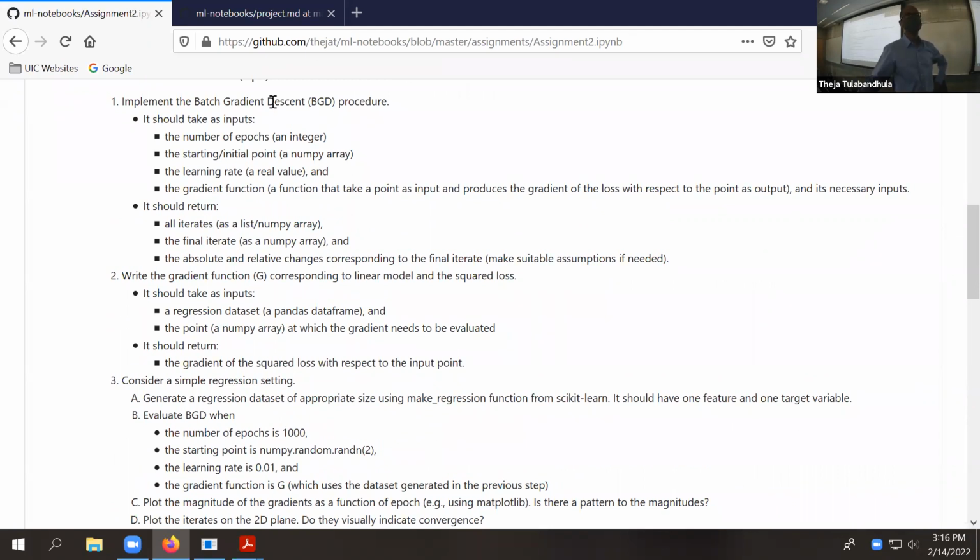And so the most important ingredient in this gradient descent procedure is just how to compute the gradient. Since we settled on using linear models and squared loss criteria, we know what the gradient is. We saw that in the lecture, so we can always write that gradient function. We can compute the gradient at any given point. So the procedure itself has some interface, right? This is basically what all inputs it can take and what outputs it will produce. So yeah, this is the first part of the first question.